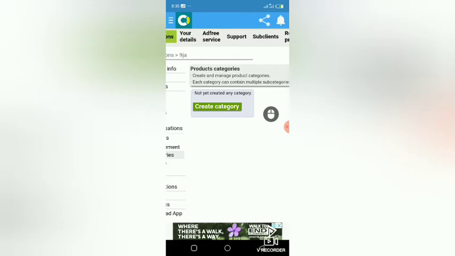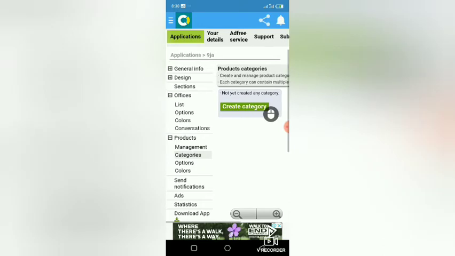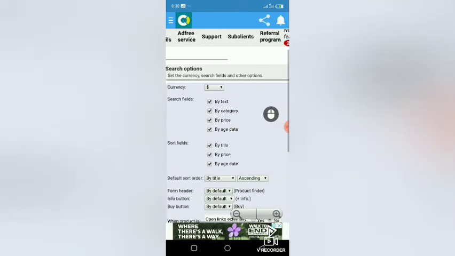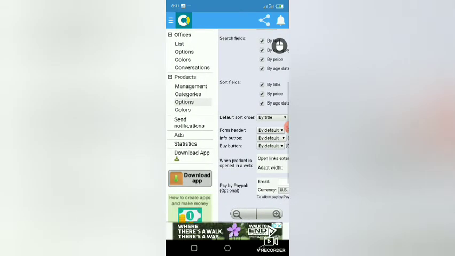That is when you are designing an app to sell things online, like konga.com, like jumia.com. You understand what I'm trying to say? Or alibaba.com. This is where you add your products. The other option is Options. You click on options so you can select, if somebody wants to buy your things online, whether it should be in naira or dollar. This is where you select the currency you want. Okay, so that is it about this option.